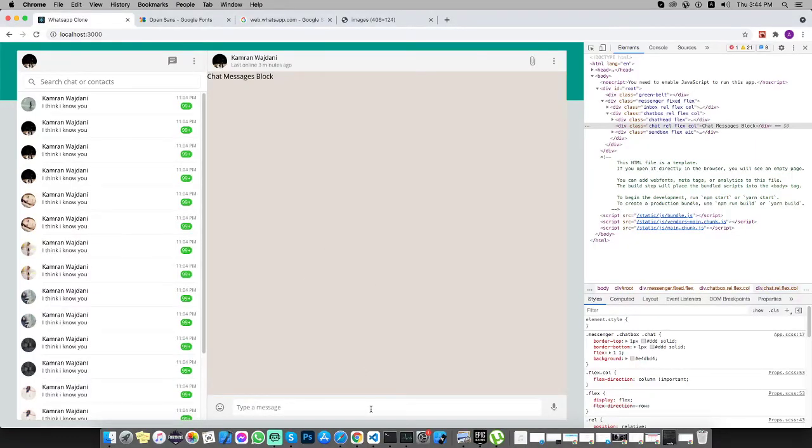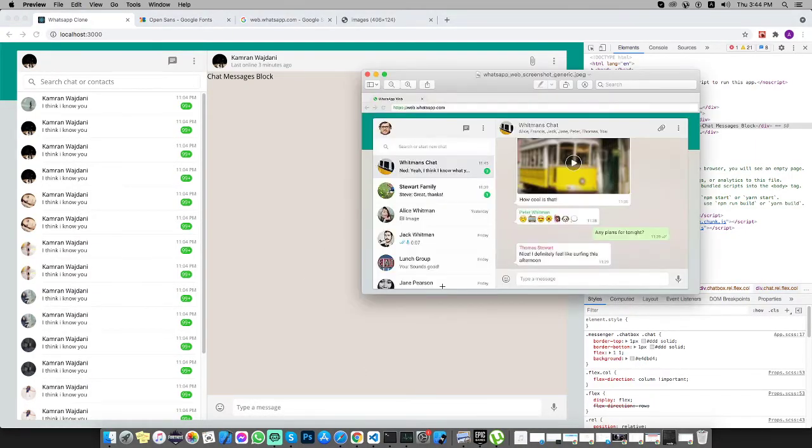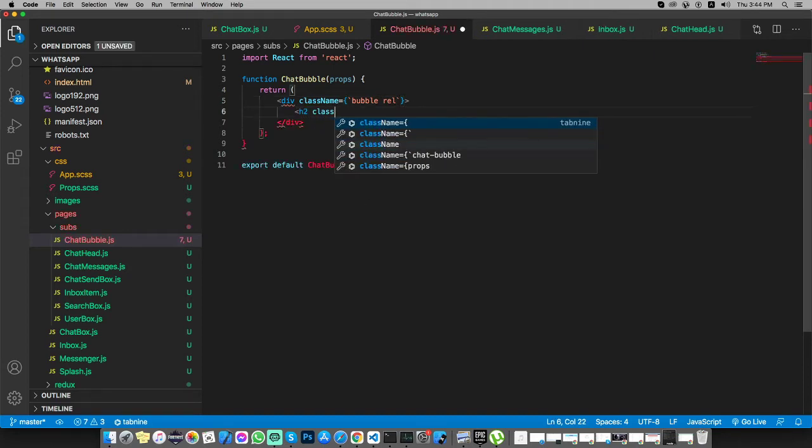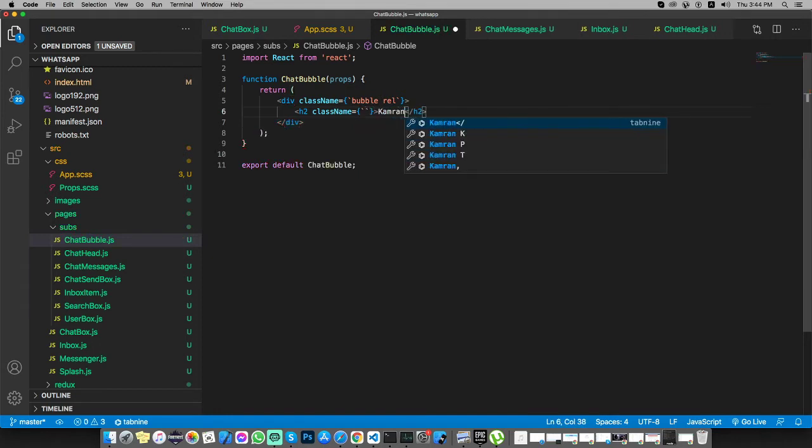And for chatbubble we need to include the username and the message and timestamp. For now we will enhance it later. Let's add h2 class name username, with a call it name is